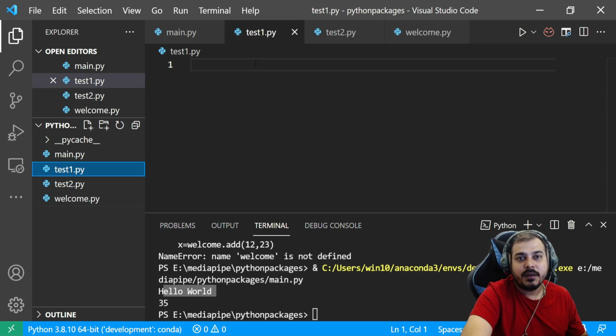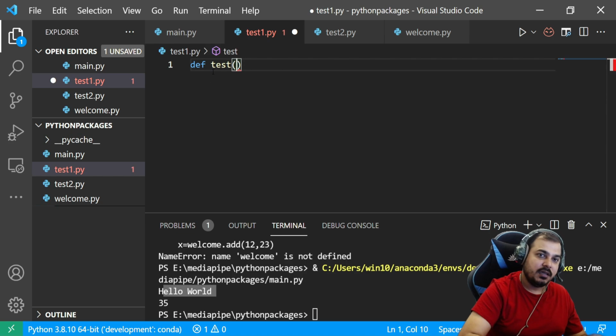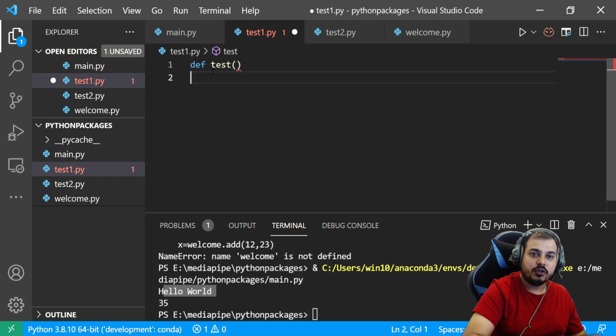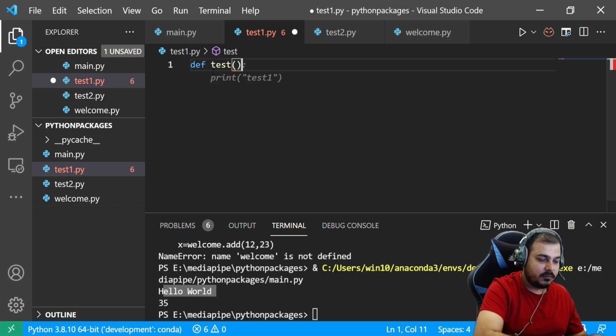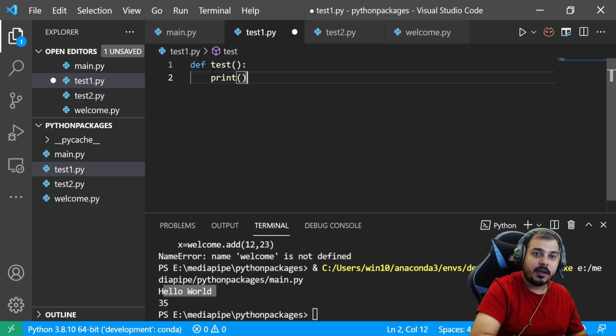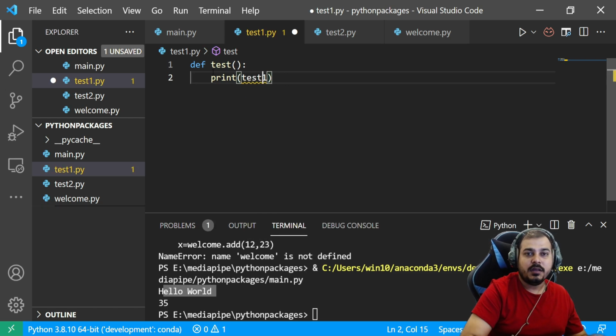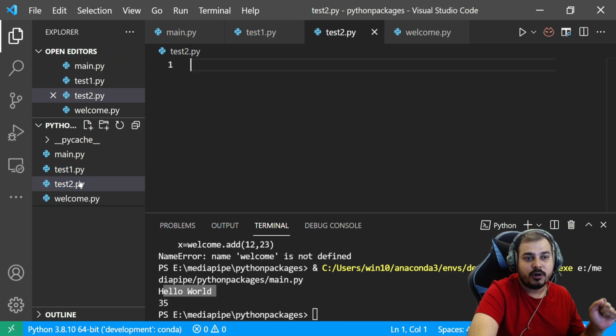Now in test1.py, suppose I write a function, def test, and here I'm just going to print test1 file. So this is my test1 file that I'm going to call. This function is present in my test1 module.